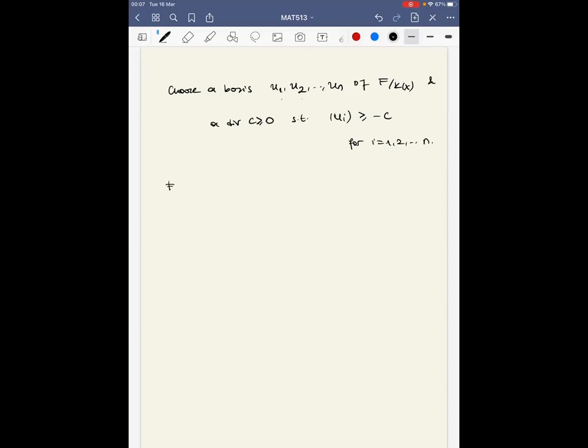And for any natural number s, let me consider the Riemann-Roch space of the divisor sB plus C. And first, we can observe that the functions which can be written as a product of x to the i times u_j's, when i runs from 0 to s and j from 1 to n, we can see that these functions indeed lie in this L space,